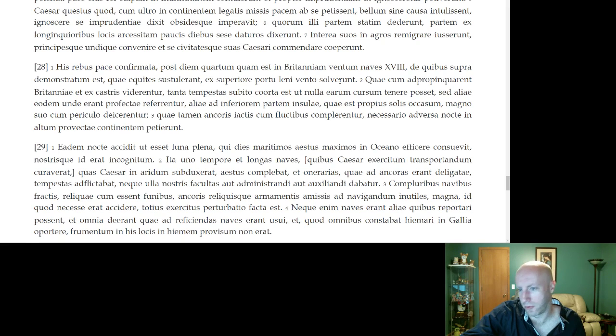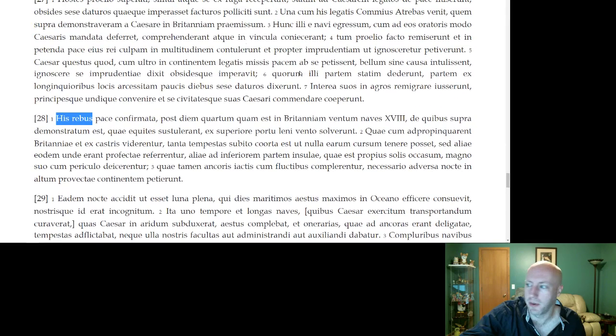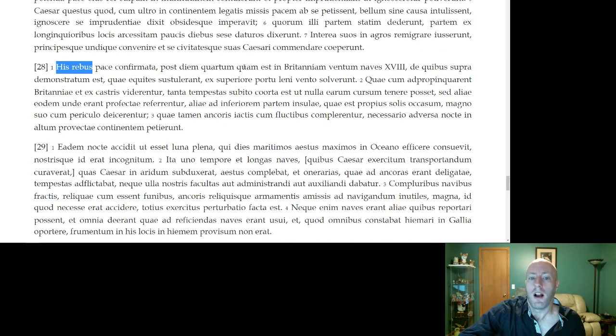So, ablative absolute, this is your ablative absolute with an ablative of means. So, with peace confirmed or affirmed or established by these things, and everything we mentioned up in 27, time is weird. Basically, the fourth day after they came to Britain. Let's break this down. After the fourth day, or like the fourth day later than, the fourth day after which,